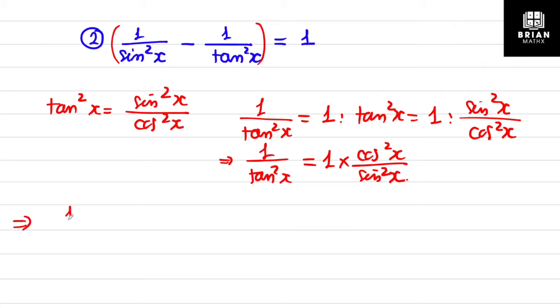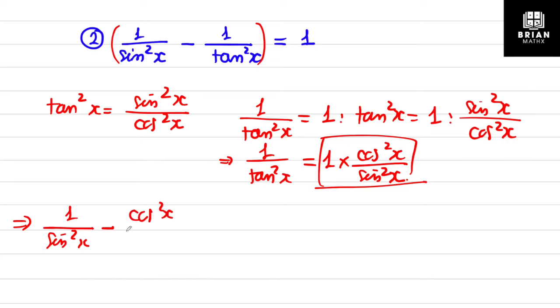I can change it to 1 over sine square x minus 1 over tan square x. I don't want to rewrite 1 over tan square anymore; I will rewrite it as cos square x over sine square x. The two fractions here have the same denominator, sine square x, so I will keep the denominator and combine them into one